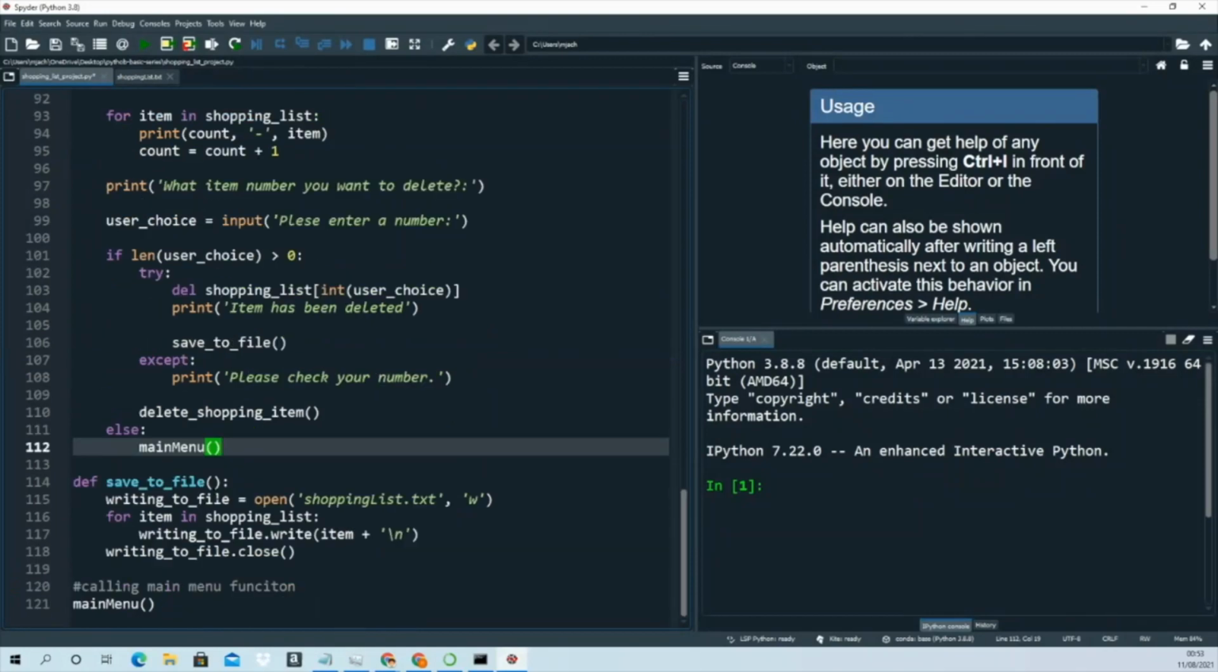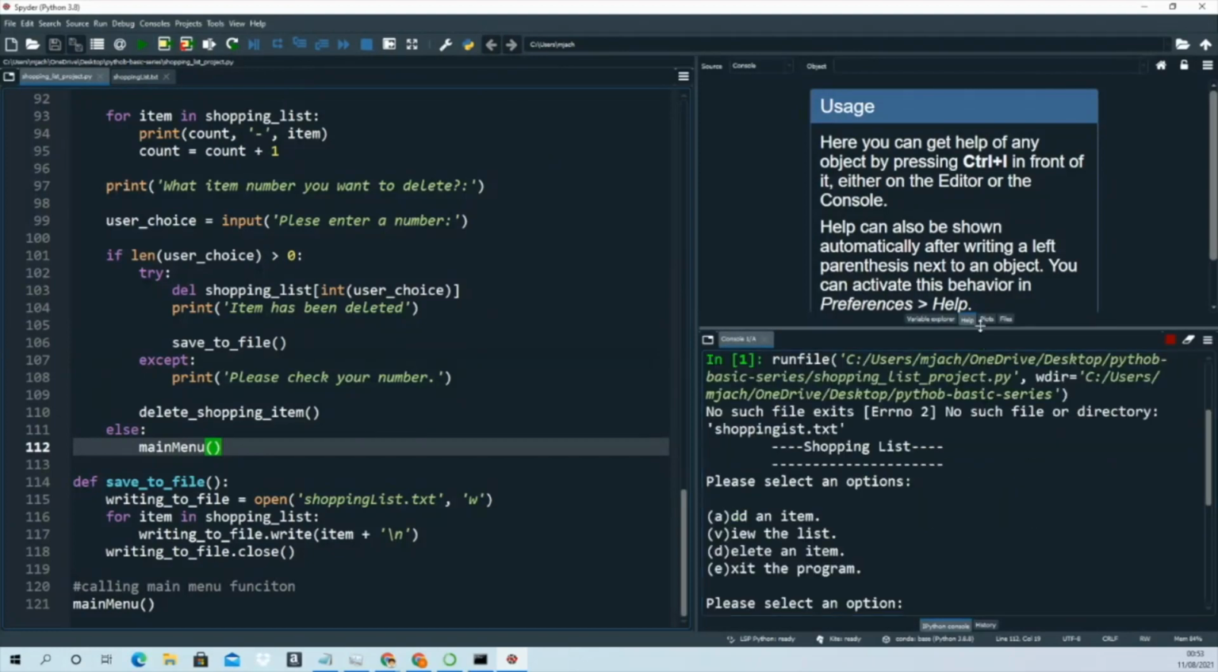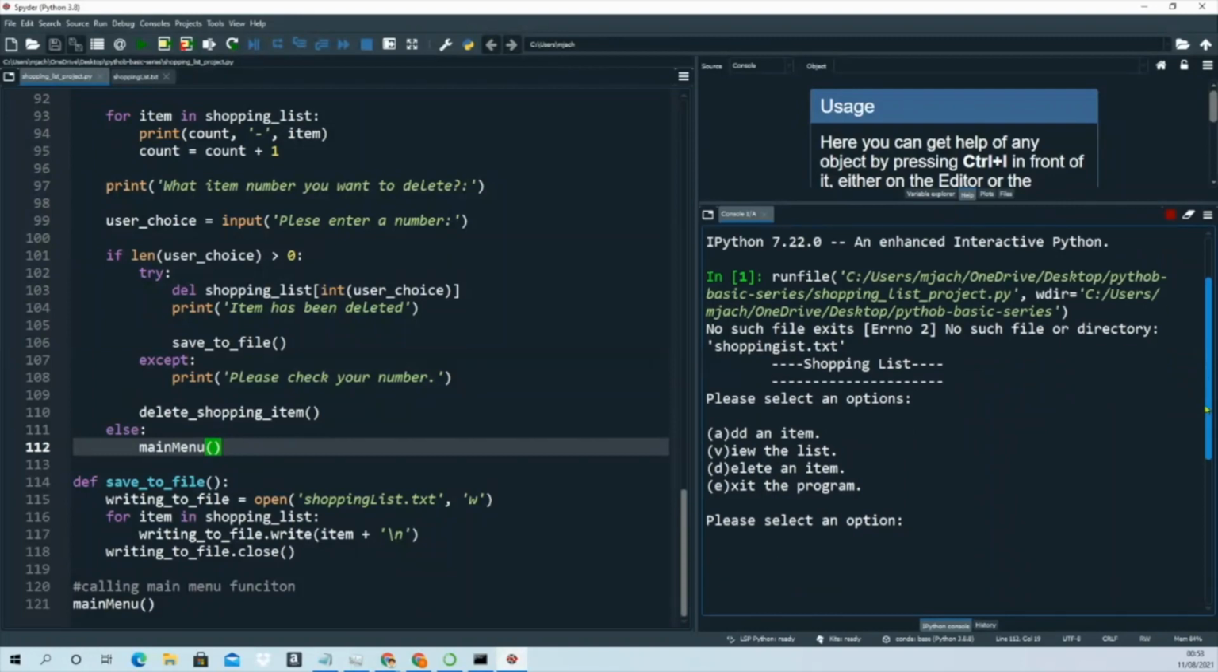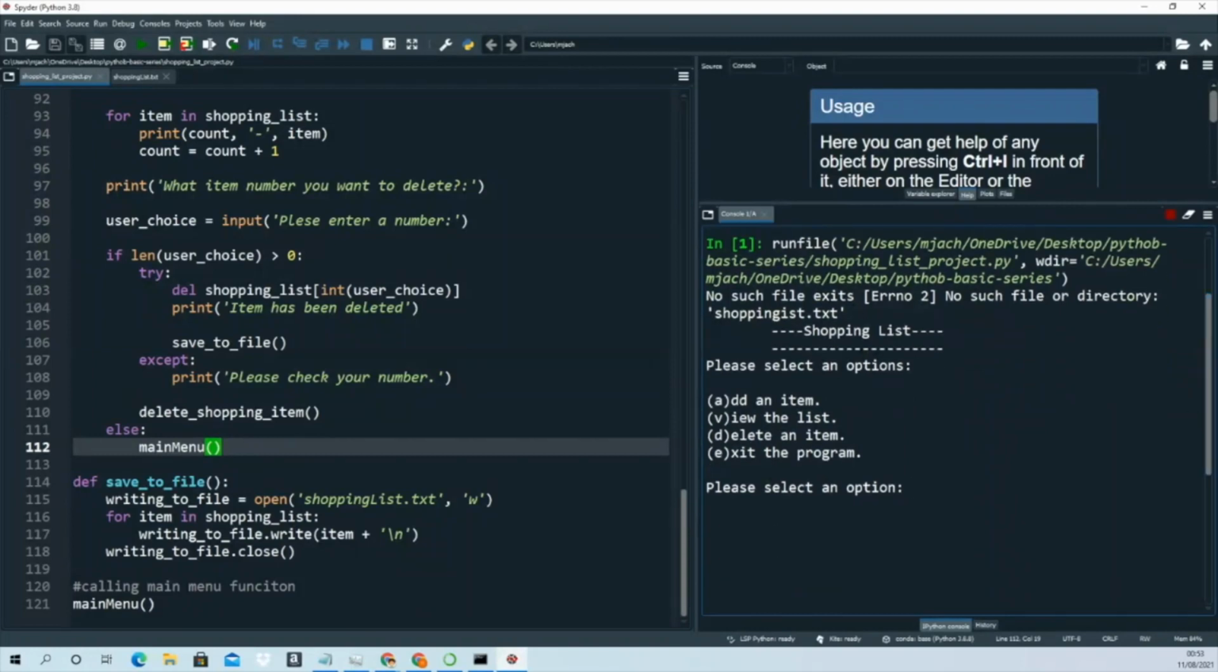Perfect. So we have pretty much done our program. If I run this, one more thing we can do, when you run it again and again, if you want to clear the screen, we can also clear the screen. You see, it's showing there's no such file exists, because